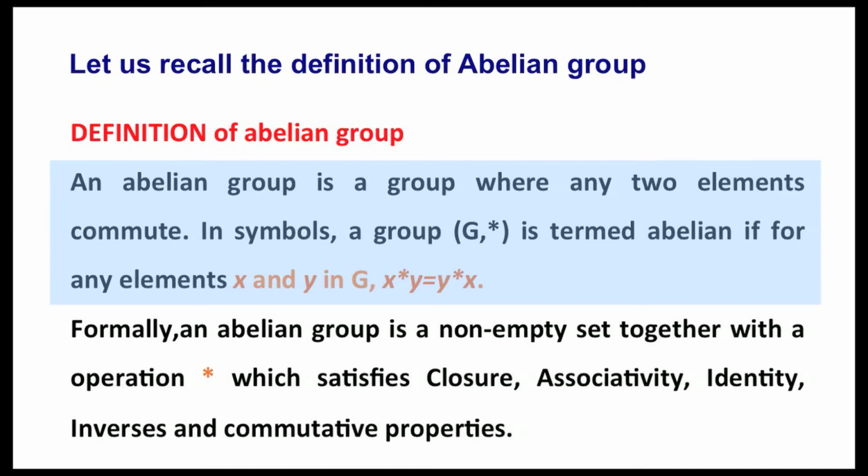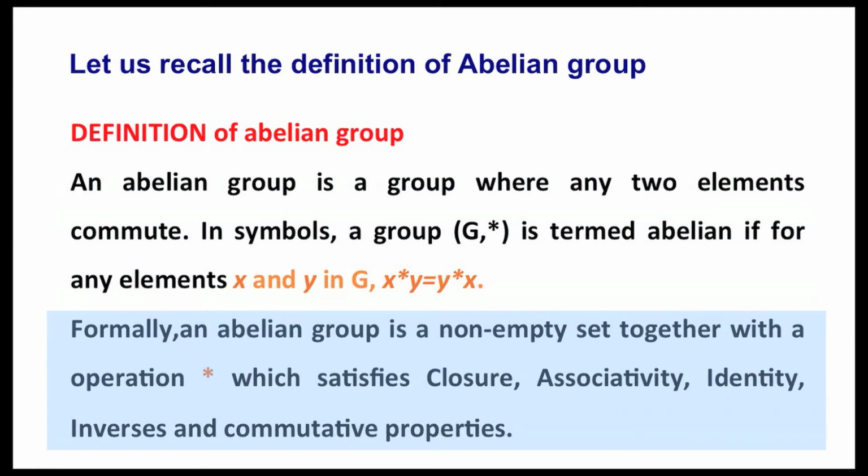In symbols, a group (G, star) is termed abelian if for any elements x and y in G, x into y is equivalent to y into x. Formally, an abelian group is a non-empty set together with the operation multiplication which satisfies closure, associativity, identity, inverse and